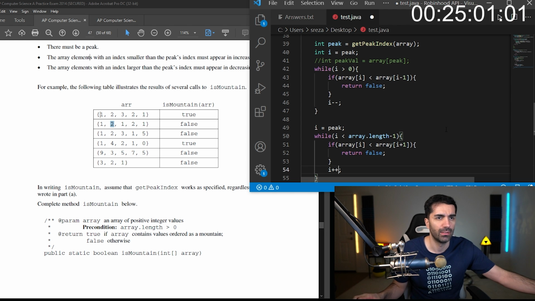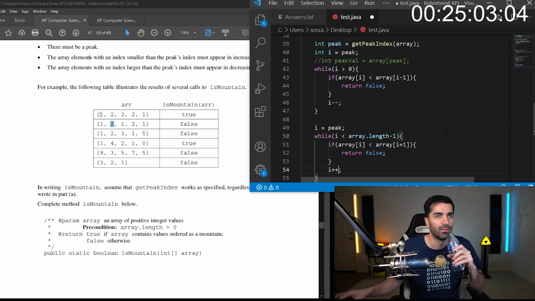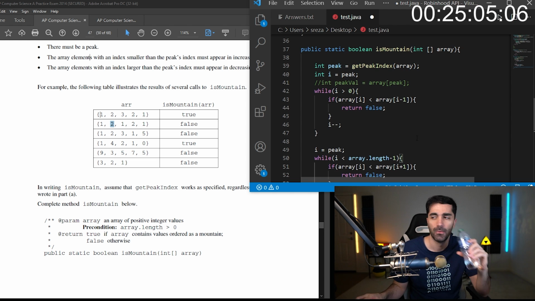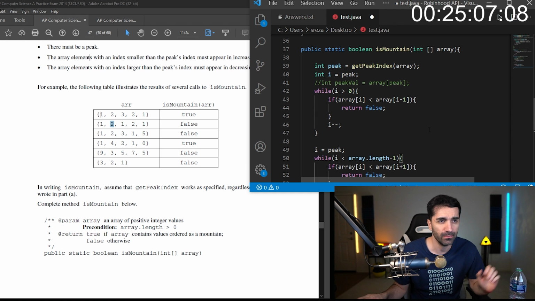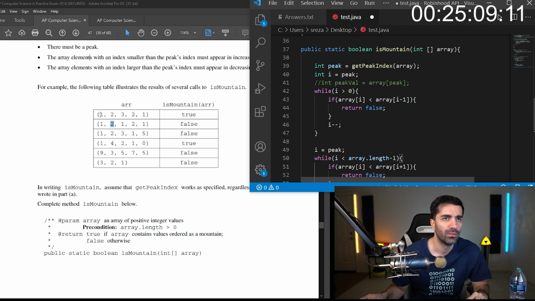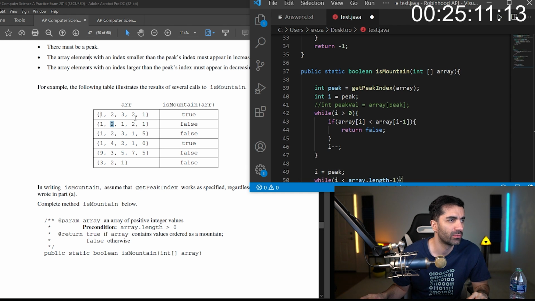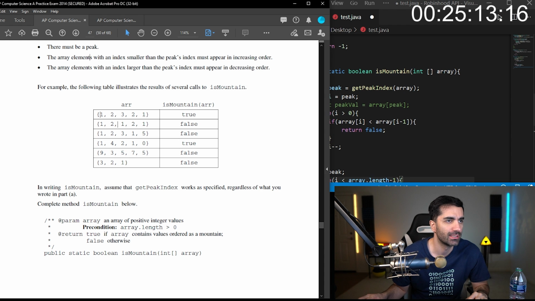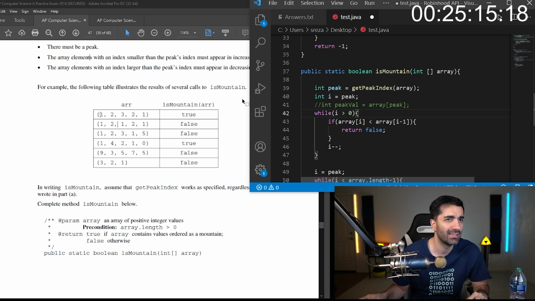All right, we're making pretty good time. So let's run through it with the first example. So our peak is going to be 0, 1, 2. Our I is going to be 2. I guess we could have just used the peak variable.